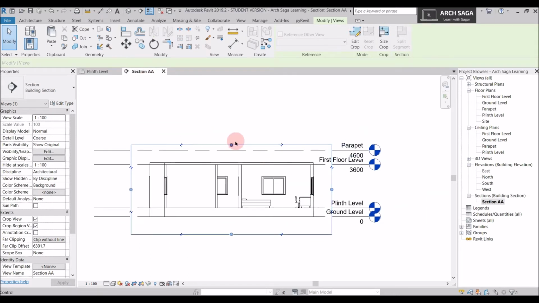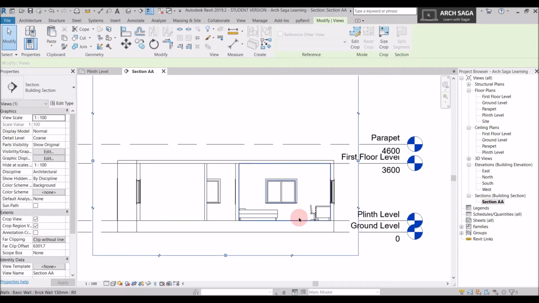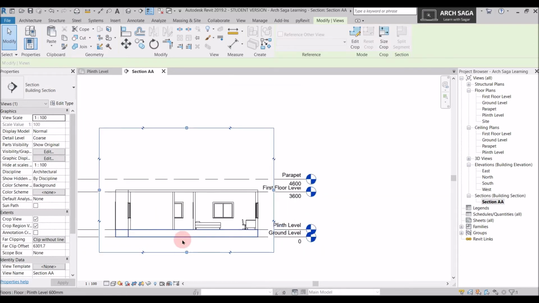The section would not look very nice because this section is not very detailed. So what we'll do, we'll just add another level and I will move these walls on the above, and add a beautiful pitched roof and a staircase. Do not worry, I will let you know about the roof and the staircase in my next tutorial. I am just putting it to let you understand how we can detail a section.